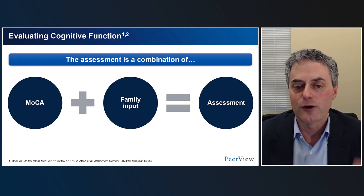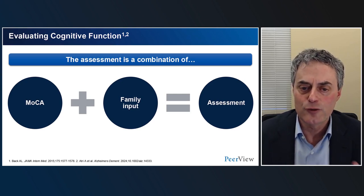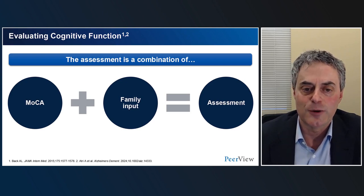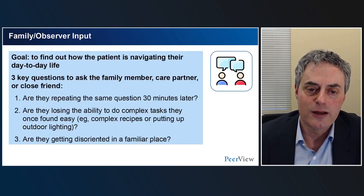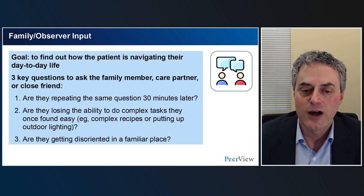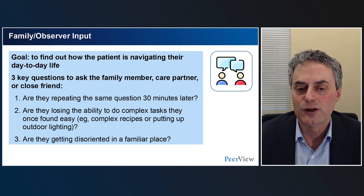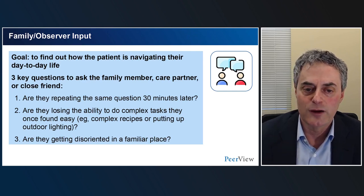You're going to put together the results of a MoCA test together with family input, and that is really a super robust evaluation of somebody's cognitive function that you can do in the primary care setting. And when you're talking to the family member or the close friend, one of the most important things that you're going to want to get from them is the kinds of things that Dr. Chodos was doing such a good job of asking the patient themselves, but now you're going to get a much more detailed and rich collateral experience by talking to the family member or the close friend who's really able to